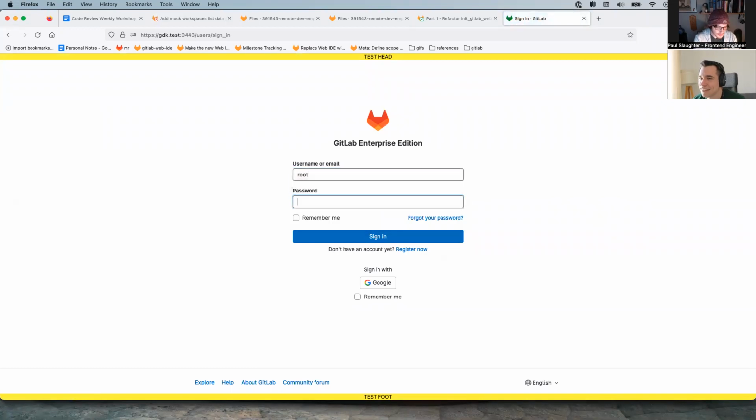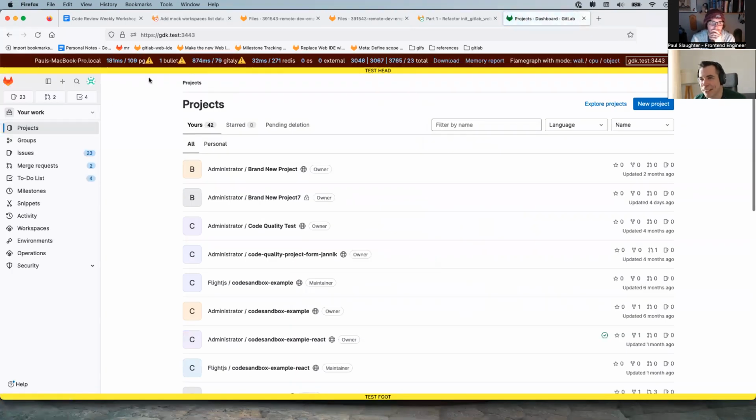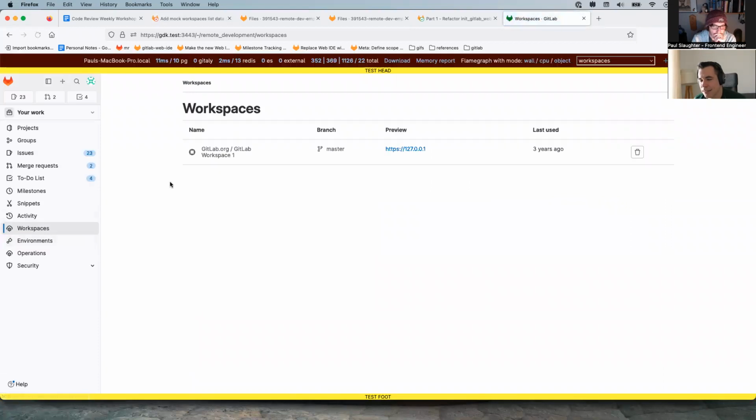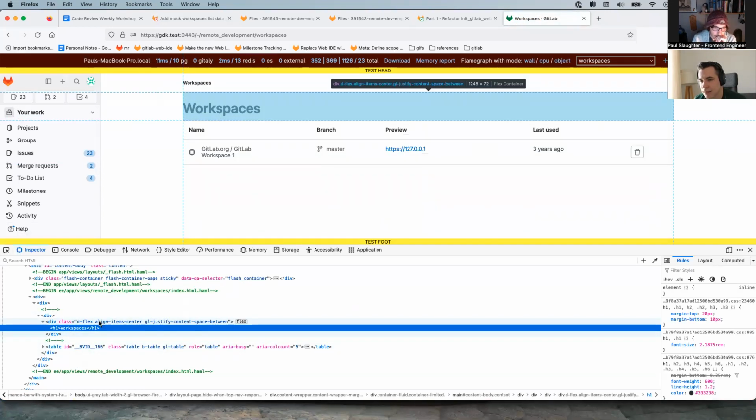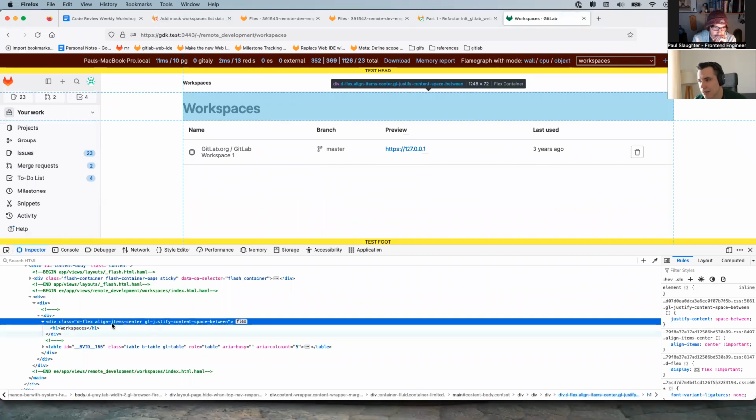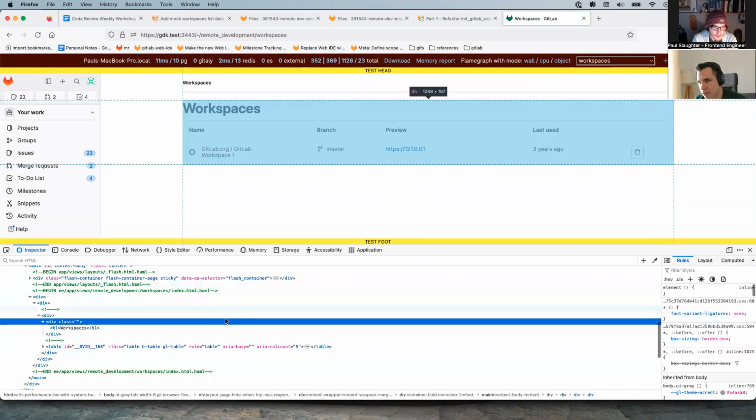All right, let's sign out and sign back in. I was clearly testing out system headers and footers. All right, here we go. Oh, look, it's the super sidebar. So you were right. Why do we even have this as flexed? It does not seem needed at all, right?